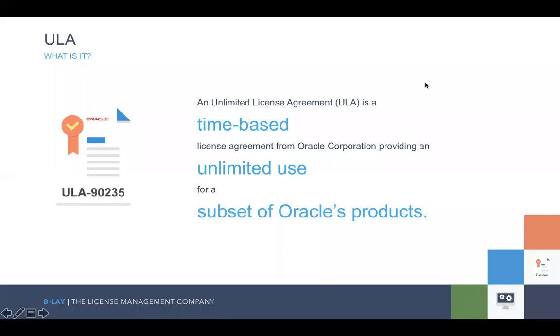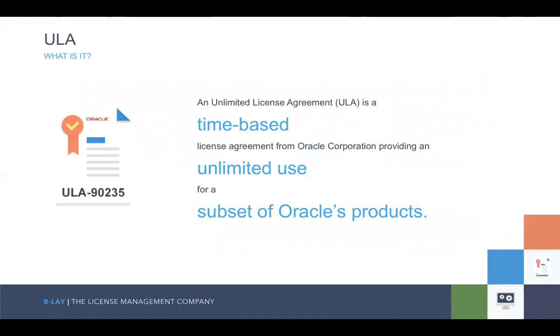Let's talk about ULAs and what a ULA is actually all about. Although the name says that an unlimited license agreement is unlimited, it is actually not that unlimited at all. As a standard, an unlimited license agreement is a time-based license agreement from Oracle Corporation providing an unlimited use for a limited subset of Oracle programs. So although the name may make people believe that you can use whatever you want, there are a number of limitations